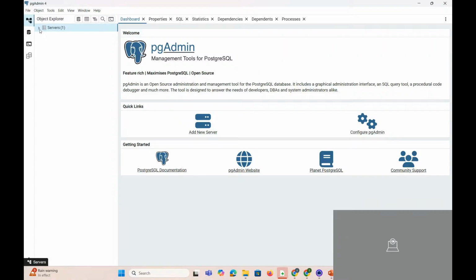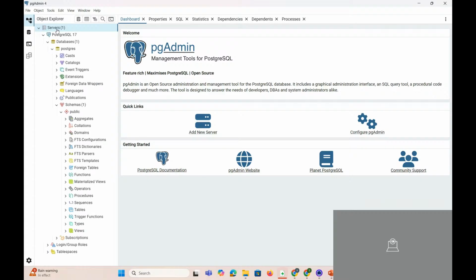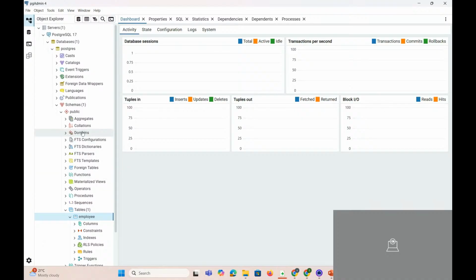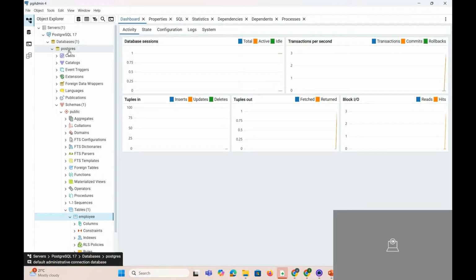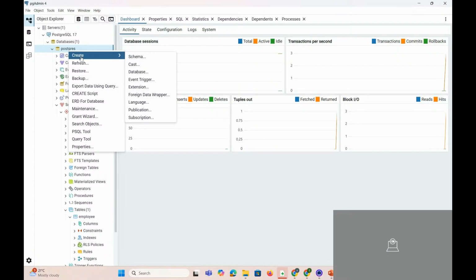When you expand these services, lots of things are available in table format. Under PostgreSQL, you will see one very important thing: there is schemas, and in schema there are tables. So in tables, when you structure the query, it will show you these things. The next thing: in PostgreSQL, just right click and create. Suppose that you want to make a